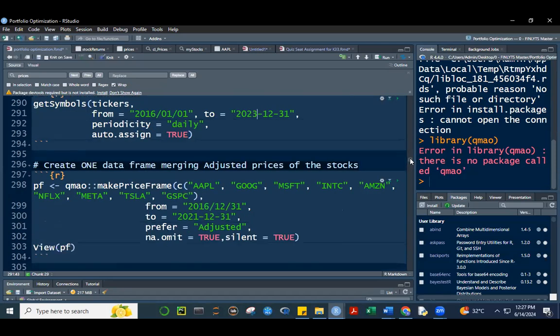So once you have that, class, take a look at this. We're going to make use of this make price frame. So we no longer need to make a list. We no longer need to combine our tickers into one list and then make a list again to get the closing prices. It's just one function, class. We're going to use this one, make price frame. And this is coming from the quick quant mode add-on package. Okay, make price frame